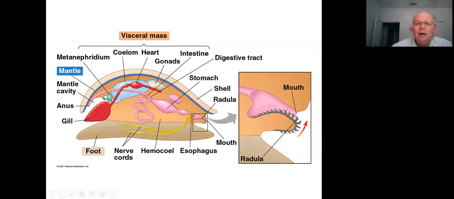In the mouth is a hardened structure called the radula. It's a series of teeth that are hardened. In herbivorous mollusks, this is used to scrape algae off the rocks to use as food. In predatory snails, and there are predatory snails, this can be modified as a tool to drill a hole down through the shell of other mollusks for the purpose of